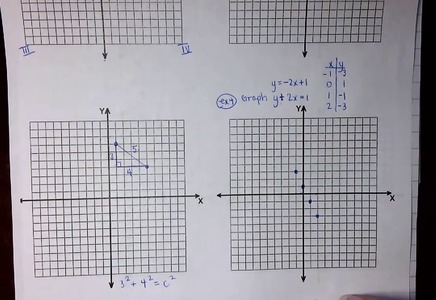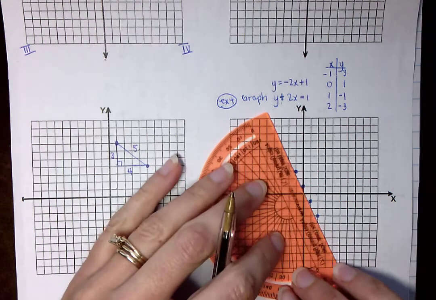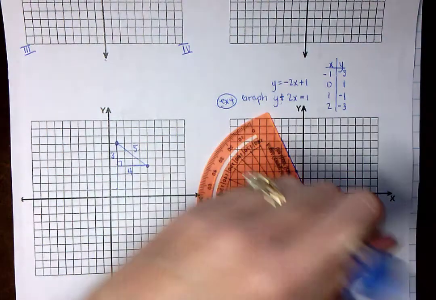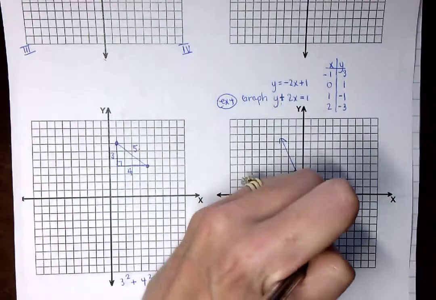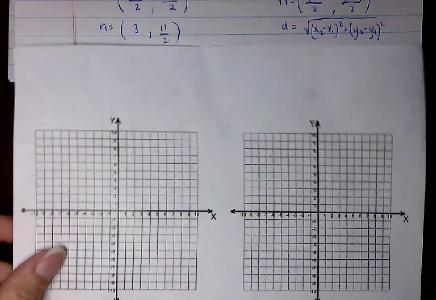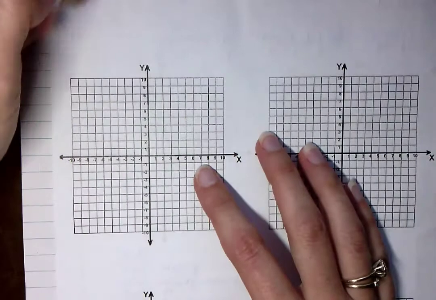And again, use a straight edge of some kind. It can be a note card or something like that. Just make a nice line, and don't forget to put the arrows at the end. So that's how you do examples 1 through 4. Example 5. I'm going to flip this over here. Example 5